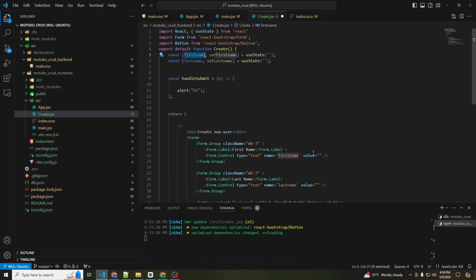So the first name we must put in a value area. This one I think doesn't have it right. And then for the last name,